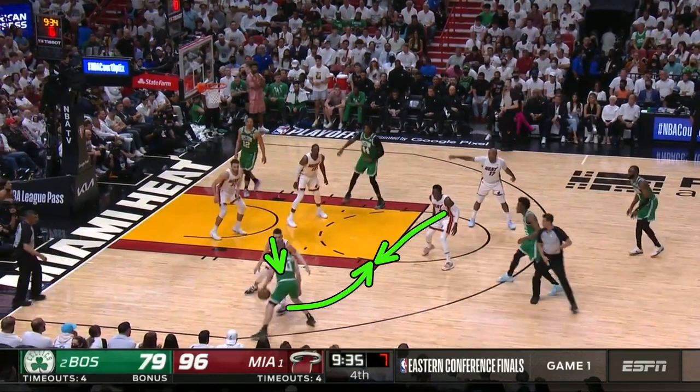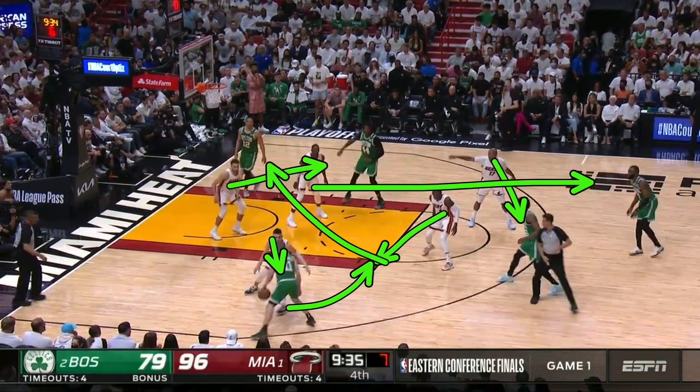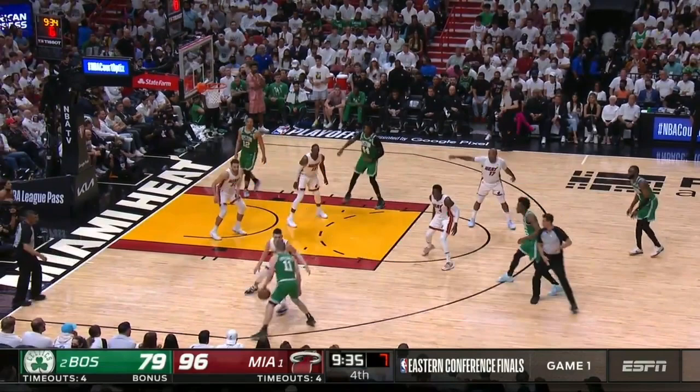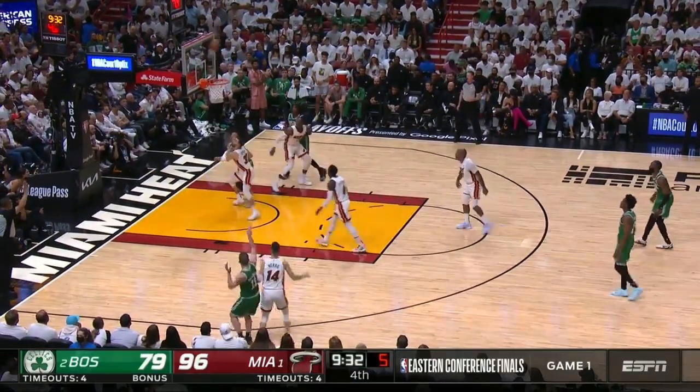And then this player comes here, this player rotates here. This player's up the line, rotates to the secondary option. This player rotates here, this player falls back, okay? If you're going to sag, okay? You want to sag? You give up an open 3.